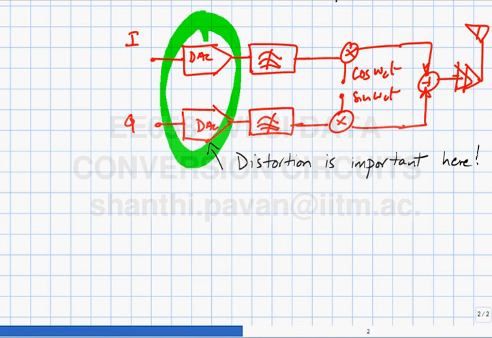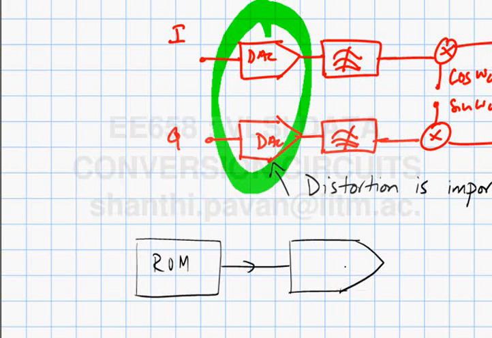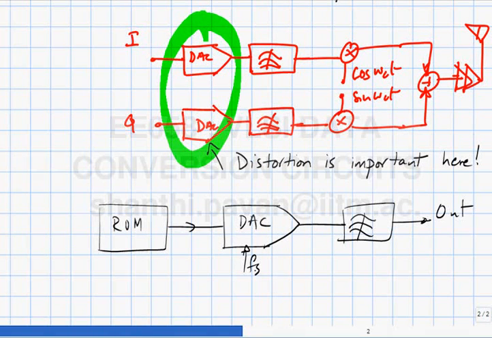Another way, which is gaining a lot of popularity these days, is simply what is called direct digital frequency synthesis, and that is you have a ROM. The advantage is most of the processing can be done digitally. You have a ROM, and this drives a high resolution DAC, and then you put some kind of filter, and this is the output. And if you want to change the frequency, it's just basically the rate at which you read stuff off the ROM. So this is called direct digital frequency synthesis,